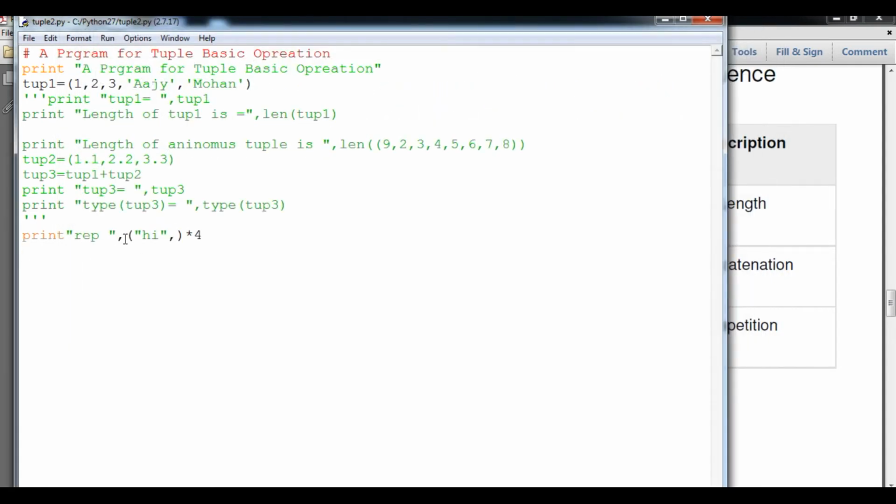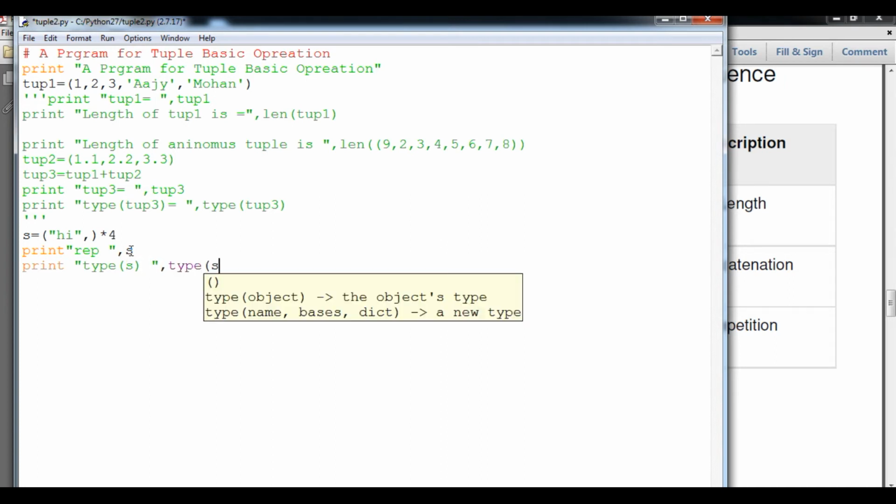To check whether it is a tuple or not, I will do one thing, student. I will just cut this code and place it into s. So here suppose I print s. Then I can say print, then after that I will use type of s. Now here the type of s will be checked. We will check again.